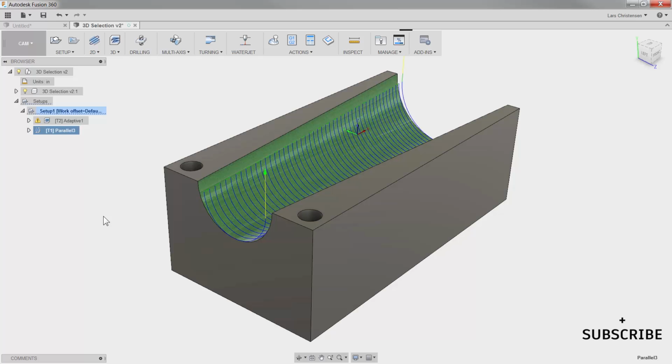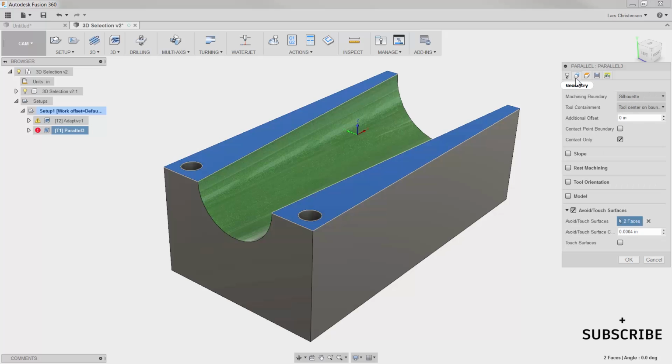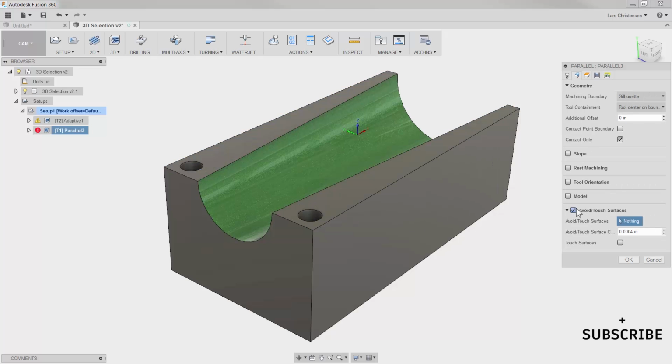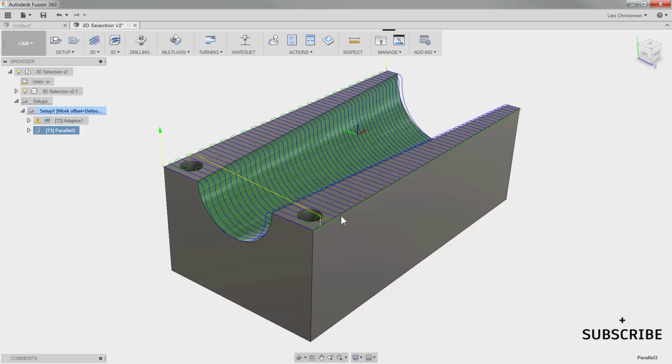Another one that maybe is a little bit more preferable, let's go back in and edit the toolpath again. And I'm going to go back to the Geometry tab. I'm going to unselect those two faces. I'm going to unselect Avoid Touch. So we're back to where we were before. Just resetting back. You will now see again the toolpath is touching up on the top where I don't want it to be. Well, if we go back into the Geometry tab,